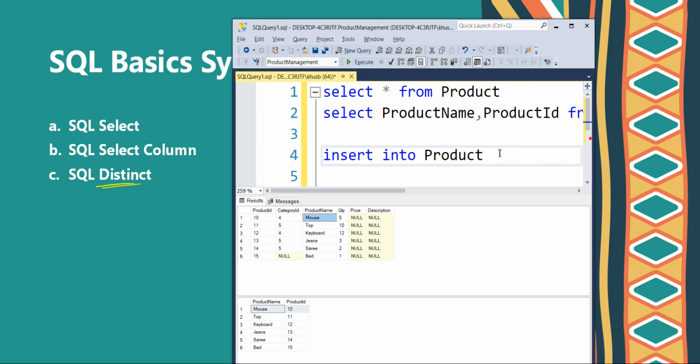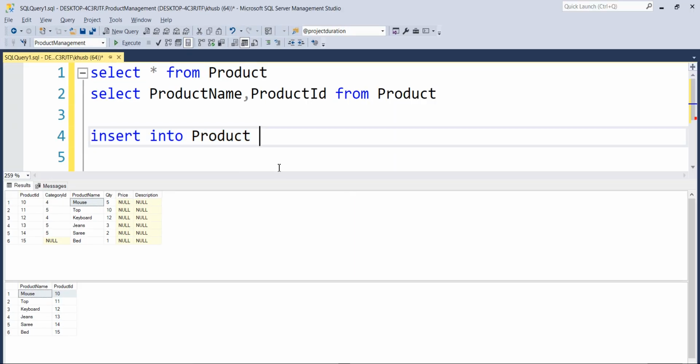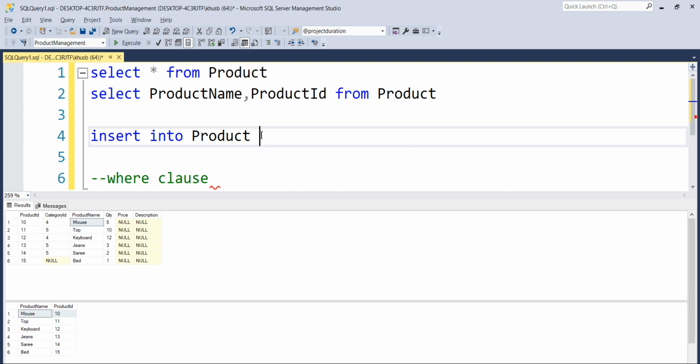Mouse will be inserted 2 times, let's suppose. So what I need to do is insert into product, and we already have talked about this insert query, how to write this insert query. Then in this I can specify all the values one by one. So let's say category id is again 4, and product name is mouse, and mouse is of string type.